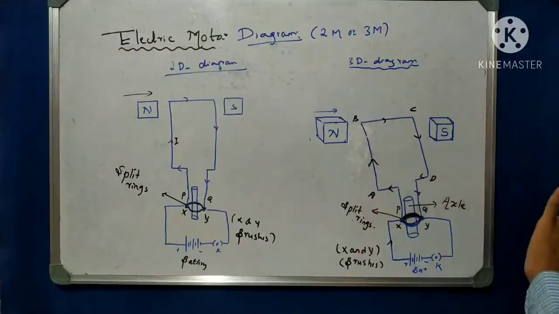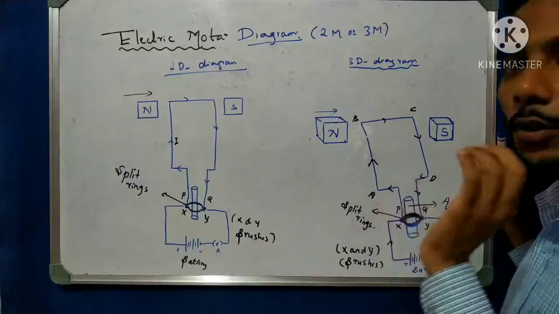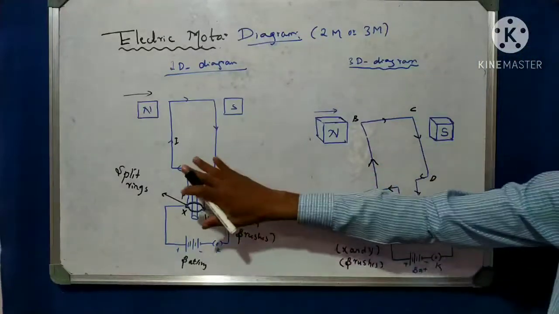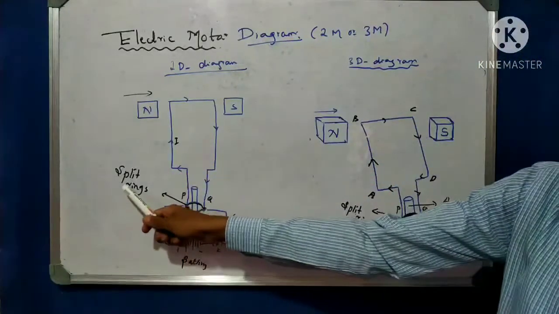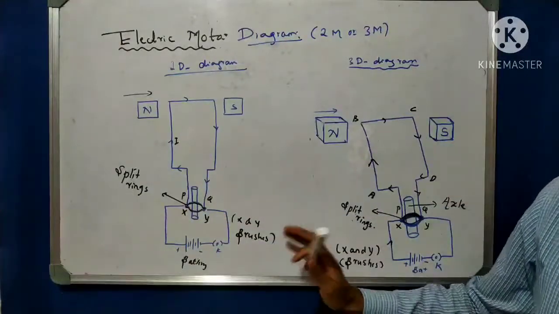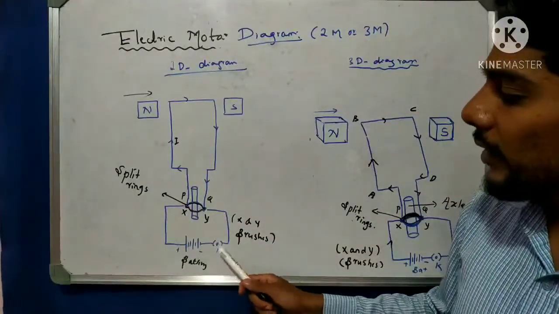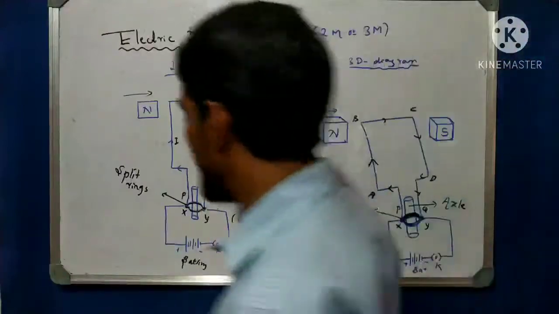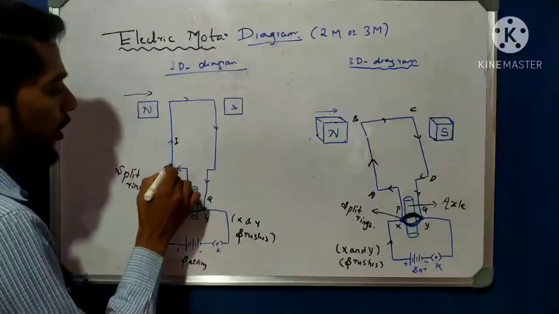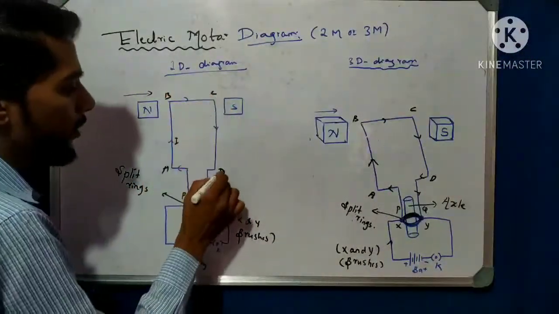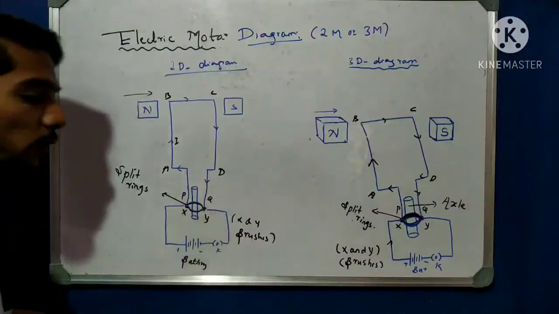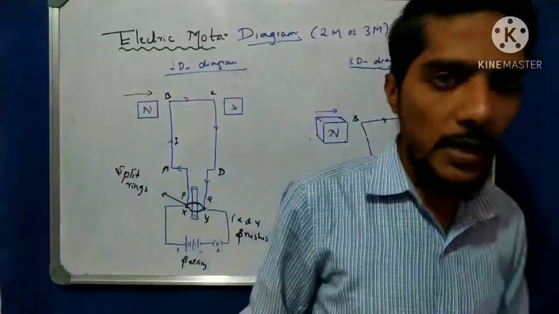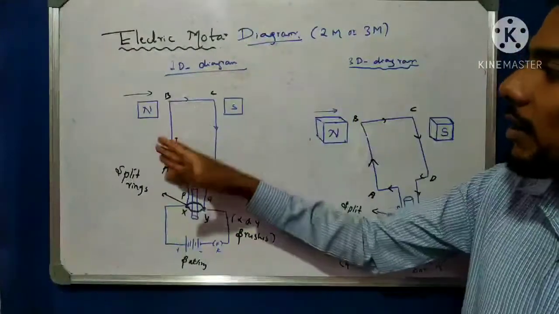That is very important. No need to practice more. In one time or two times you are perfect. Very simple. Only two important parts: one split ring, one brushes. That is the very important diagram. And then the battery, this one, and ABCD. These are the only common things. You do not need to practice more. Only the split ring and brushes are the two important parts. Draw them carefully. Otherwise all are very simple.